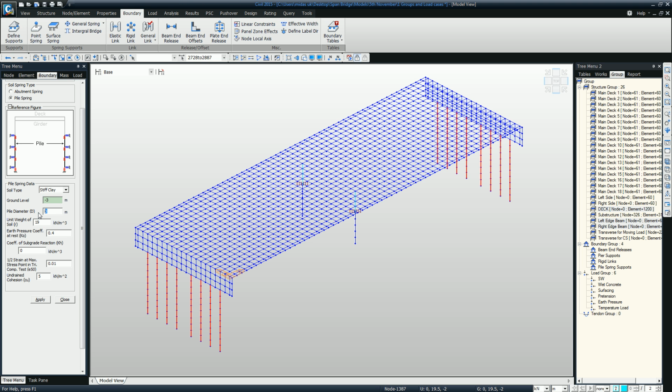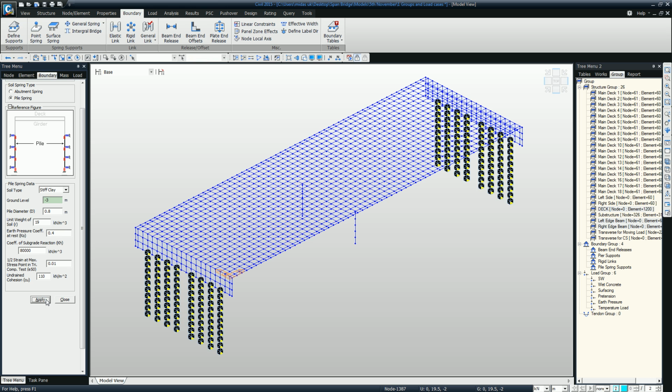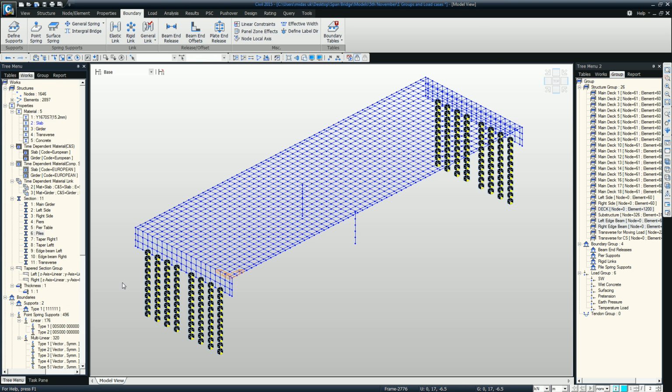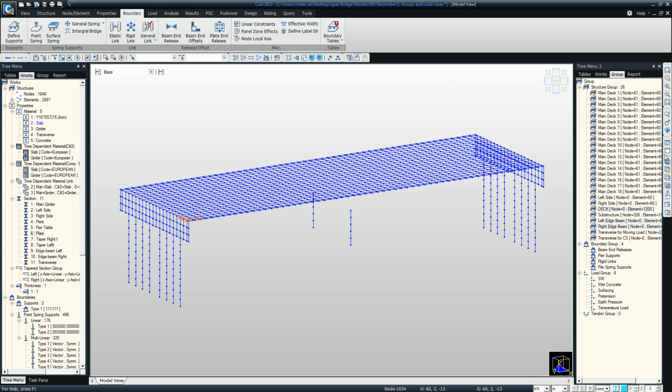The diameter of the pile is 0.8 meters, and the subgrade coefficient is 80,000 and CU is 100. Okay, so by simply pressing apply, all these have been created for us. Now if I close this down and go on to the initial view, by double clicking on pile spring supports,